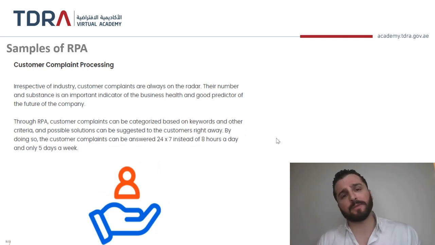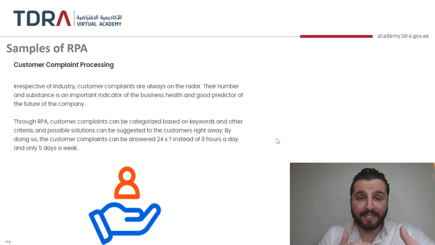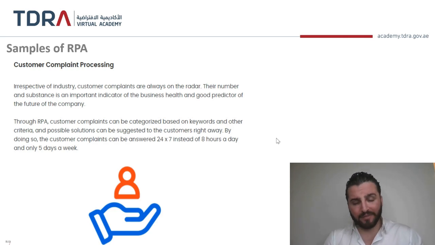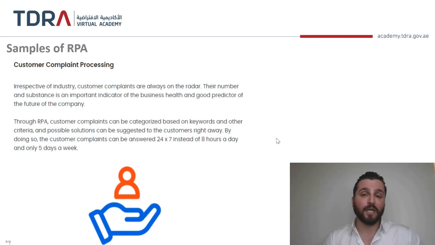Another good example is customer complaints. How we deal with customer complaints, how fast we deal with them, is what we call the predictor of companies. Why should we only be reactive on complaints? The RPA can be proactive as well on complaints. And there are, by the way, many telecommunication companies that enhance their call center performance or their overall performance by having the RPA sort out certain complaints for their clients.